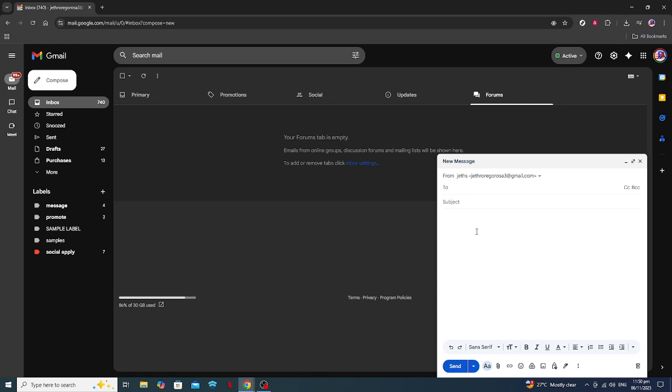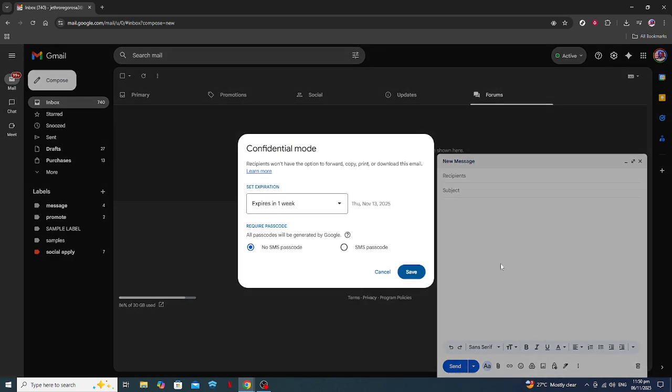After you've composed your message with all the necessary information for your recipient, you'll want to activate confidential mode. To do this, look for the lock and clock icon at the bottom of the Compose window. Clicking this icon will bring up the confidential mode settings, where you can decide precisely how long your email will